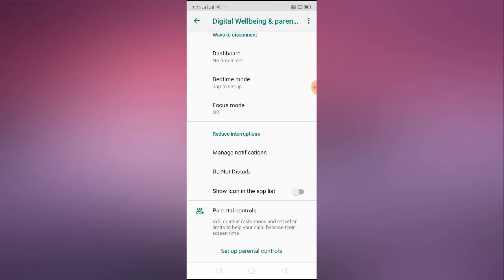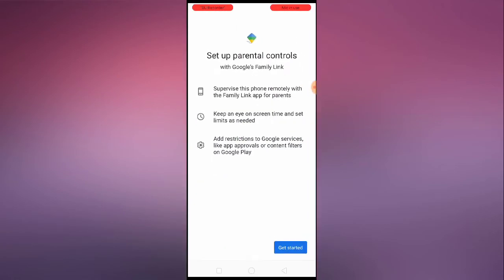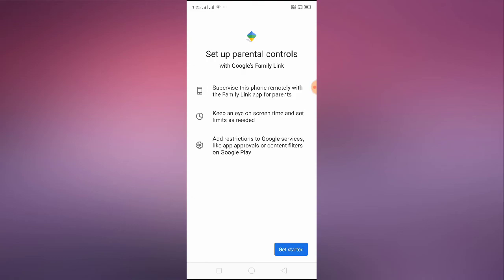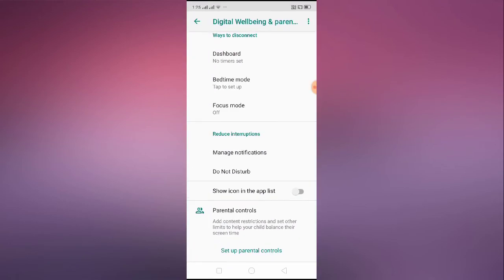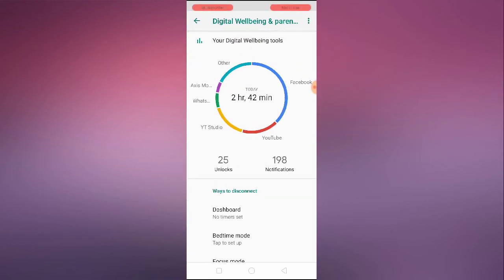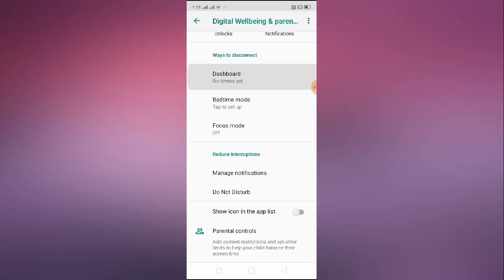And we have parental control. If you are giving your phone to your children and you want to have complete control over their phone and monitor it, then you can use this. Just click on get started, and select who will be using this device: child, teen or parent. You can use this for monitoring your children or your girlfriend or boyfriend or whatever. So guys, this is how you can use